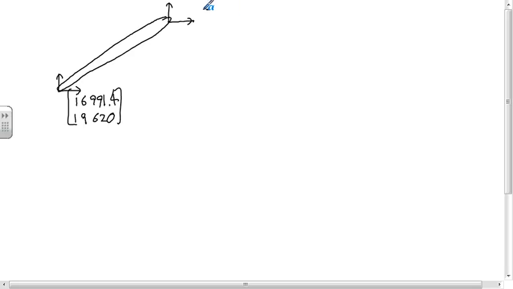So we have a vector of negative 16,991.40. And then we have a distributed load that can be represented as a horizontal and vertical component of 0, negative, okay, so